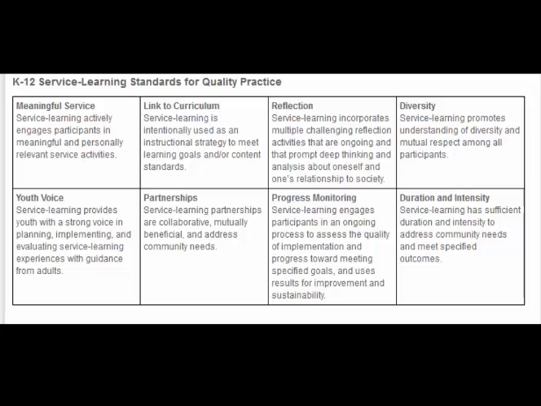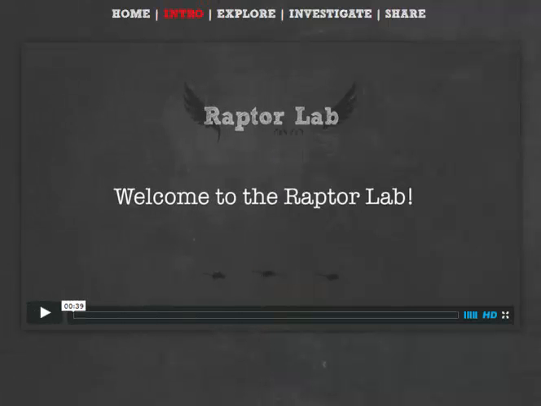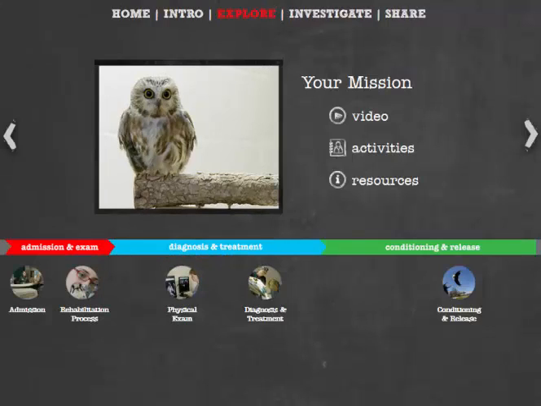For us, this might include something like an overview of inquiry-based learning or service learning, or some other framework that we're using to develop this work. In the Explore section, there is a brief overview video of the Raptor Lab. But what I think is interesting here is in the Explore tab, where they have designed to plug in activities,